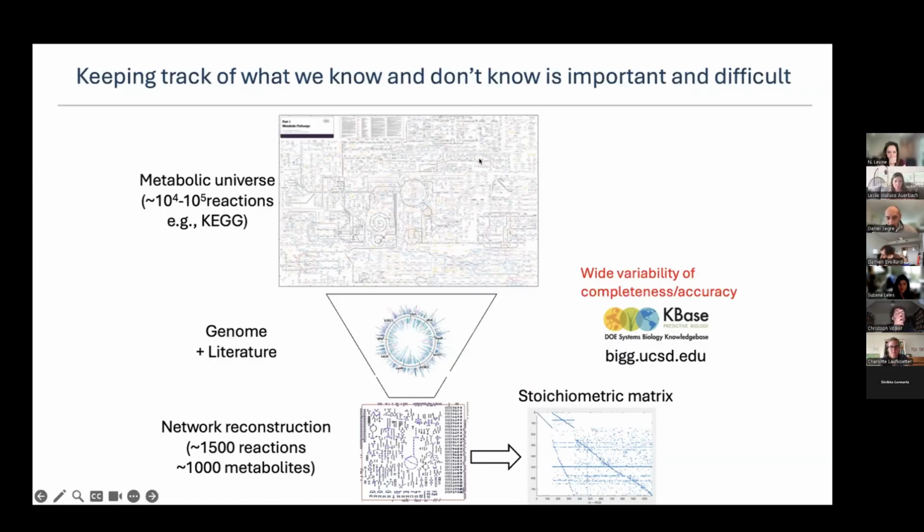This process of going from genome to network is actually quite complex. There are many tools that can be used for this. KBase, the Department of Energy Systems Biology knowledge base, has multiple tools for this, but there is a whole field now of different tools for creating draft networks, trying to fill gaps in metabolism. And one thing I want to point out here is that this is an imperfect process. It's very difficult to make models, especially for newly sequenced organisms. And I think this is still very important.